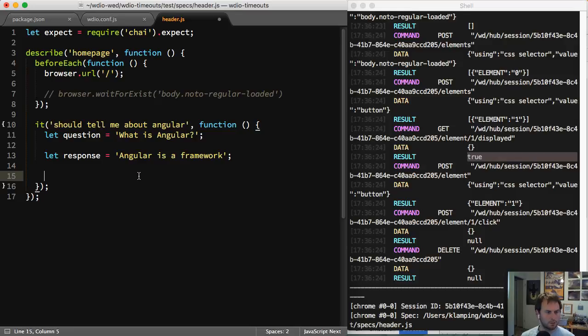And then I'm going to do browser.setValue. And then I want to get my selector here for that question input. And then I'm going to set it to question. And then browser.click. And in here, I'm going to click that button. And then I will expect